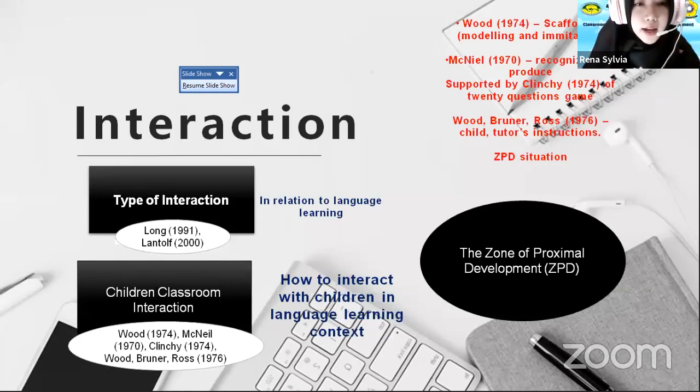Now we have to focus on the children classroom interaction, how to interact with children in a language learning context. Here, Wood in 1974 said that teachers should have control of the classroom itself. The teacher should be the model for the children to imitate, so he claims that scaffolding happens during the interactions. And then McNeil in 1970 also said that young learners must be able to recognize the